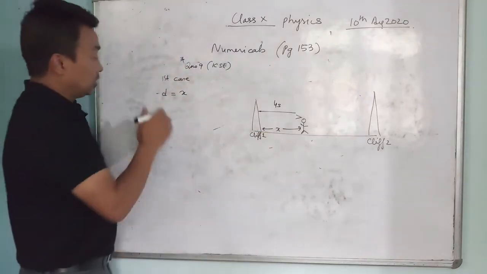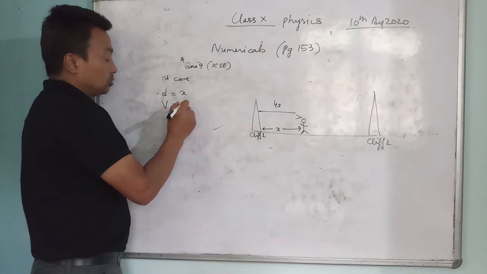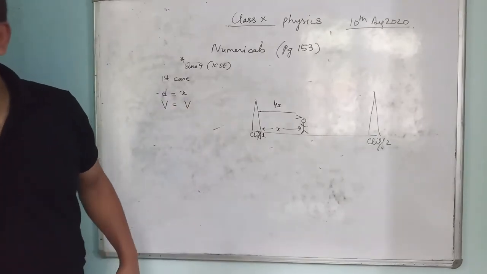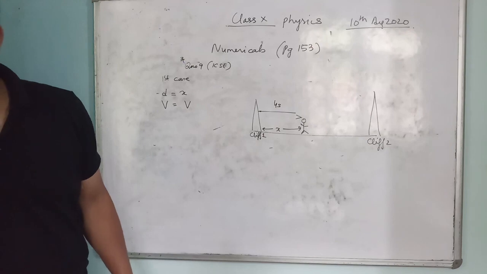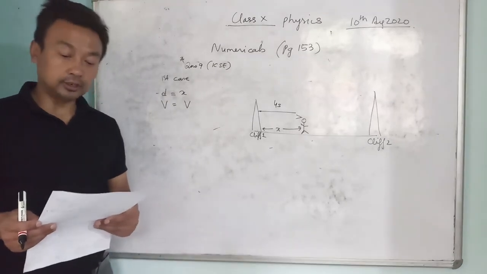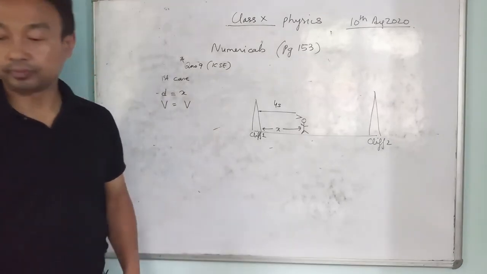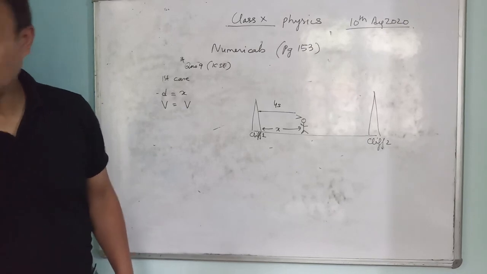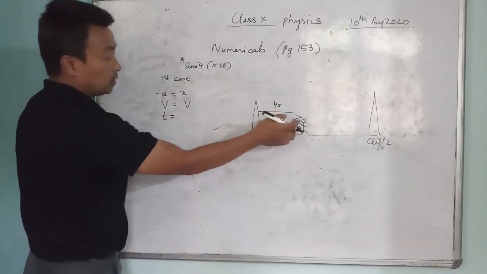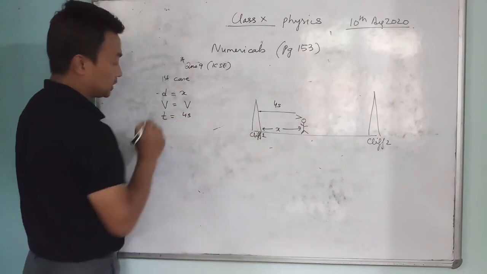The speed of the sound we do not know, we have to find that. We have to calculate the distance between the cliffs. Okay, so now the time taken for the echo to be heard is 4 seconds. So let us